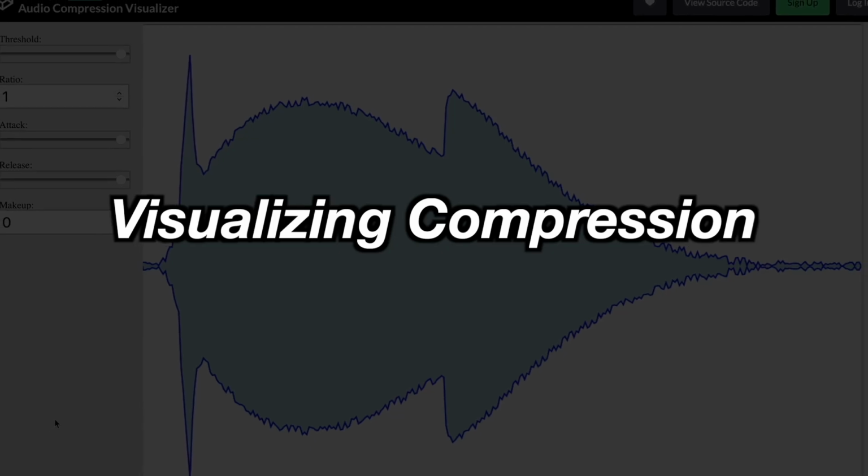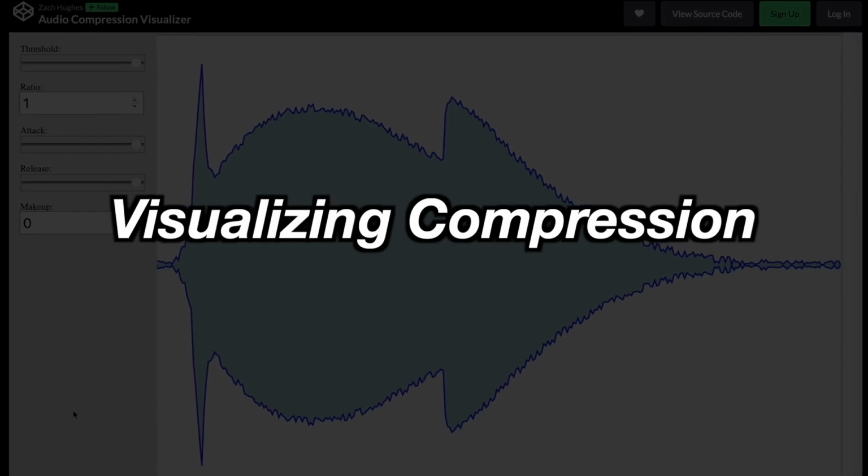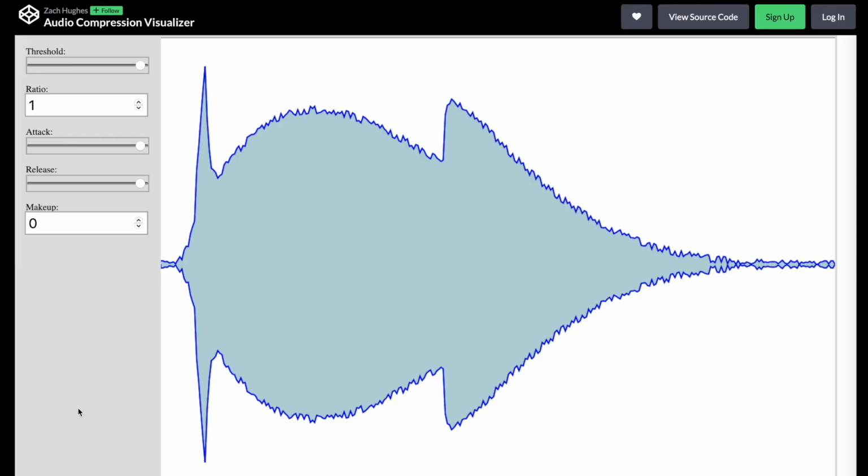Today, I want to help you understand compression a little bit more by visualizing it. It's important to know what the controls do and how the controls sound, but I think a lot of us are visual learners, and unfortunately, a lot of compressors don't give you enough visual feedback to really know what's going on. But of course, when you're looking at a DAW, you see waveforms just like this on screen,